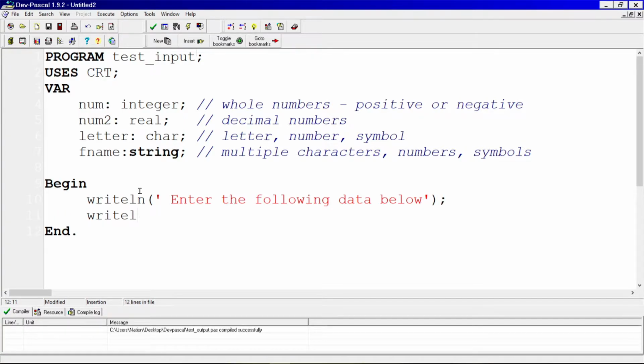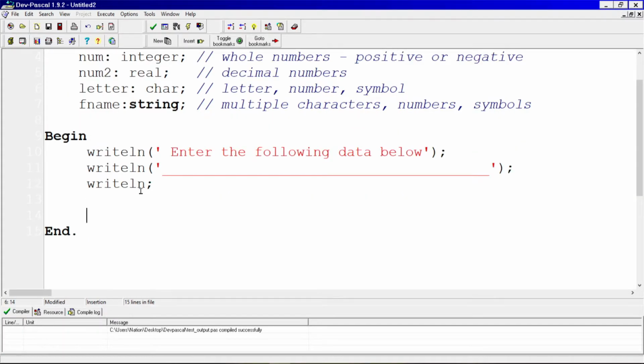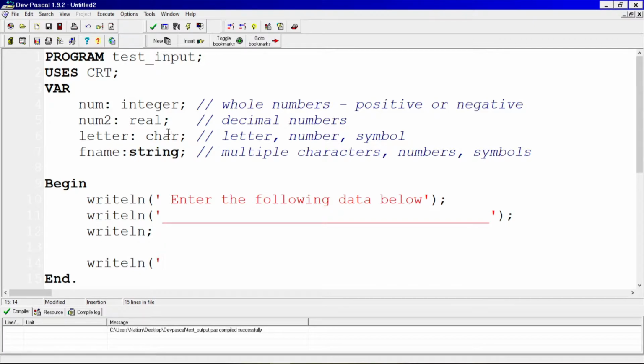Let's go and put writeln. Let's make it look like it's underlined. And put a writeln for space. Alright. Then I'm going to prompt the user to enter specific data. So I'll say writeln, and I want the data, the first one is going to be the first number. So let's say first number, colon,